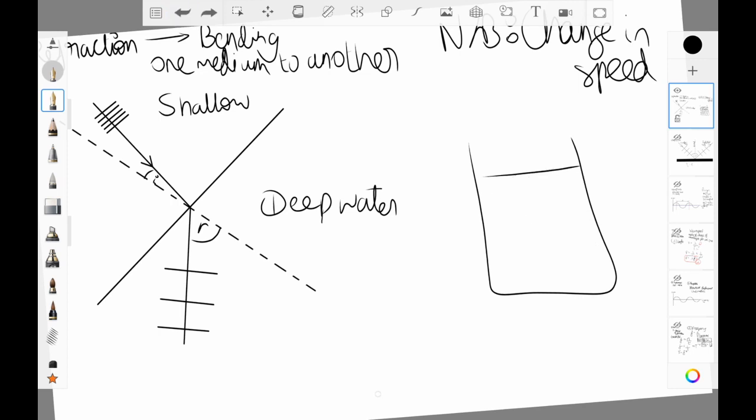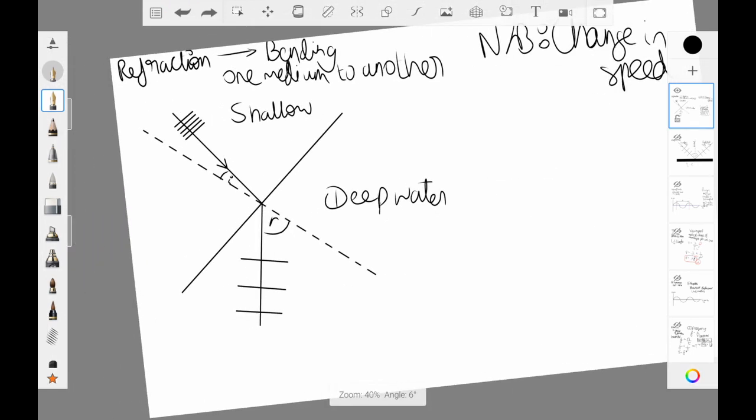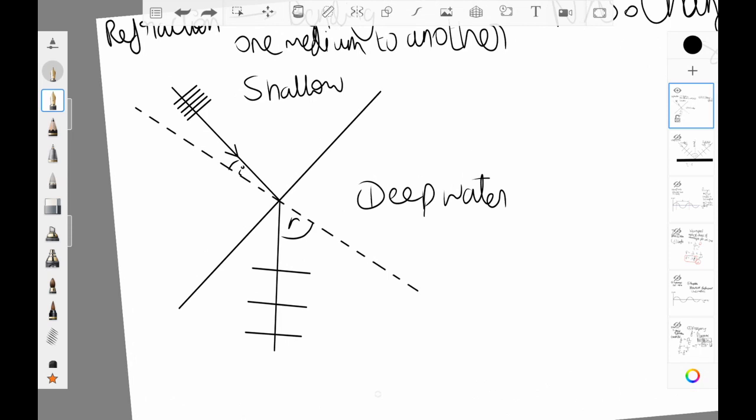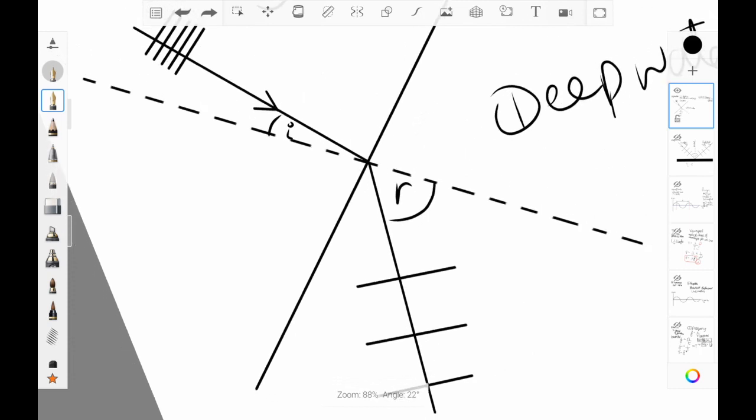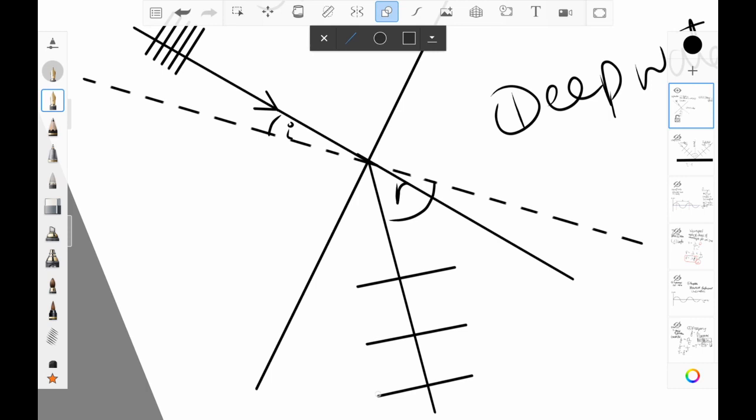But the main thing that you really need to know is that as water travels from shallow water to deep water, it actually becomes faster. You'll also notice that it changes direction. So rather than directly going like this, it changes direction to move in this direction. It would have gone this way, but rather it changes direction to go like this,